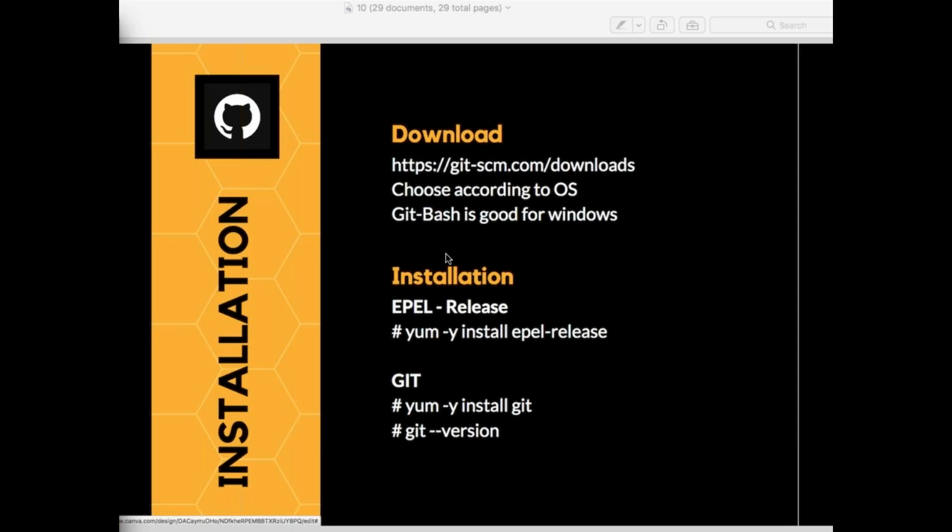So let's see how we can go and set up our particular Git. Now, like I told you, whenever I'm working with Git, I need to think from a developer's point of view. Git is your version control system, which is generally used by your developers. Developers rarely use Linux-based machines, right? Now let's see how you can do the same setup for a Windows-based machine, because most of you are using Windows-based machines, right?